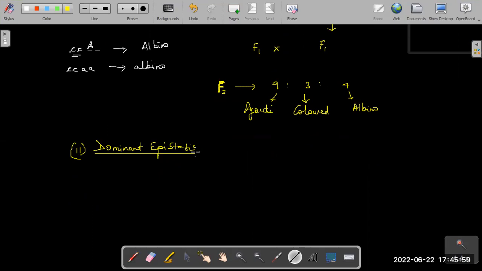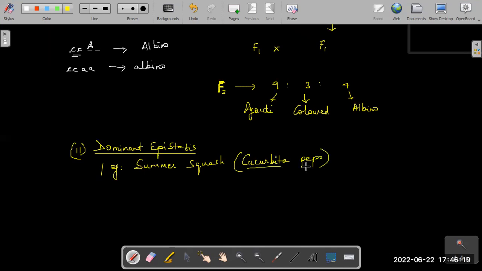Dominant epistasis here, the example would be in summer squash, Cucurbita pepo. Now in this case, if you see white fruit, okay, you get a white fruit if you